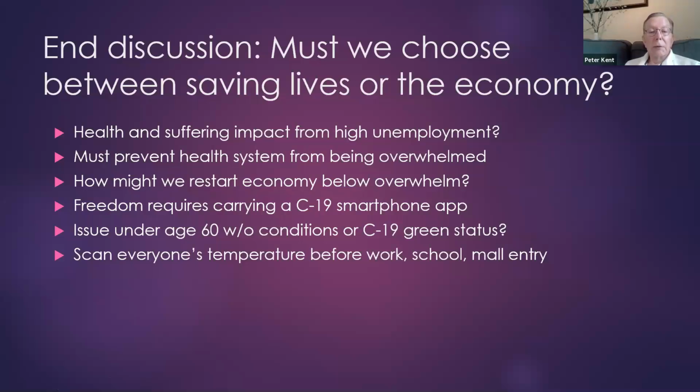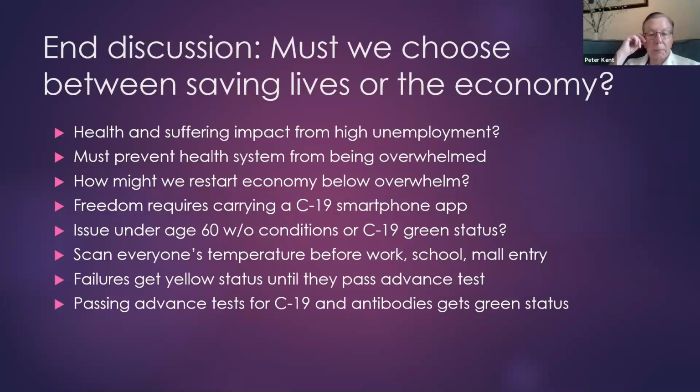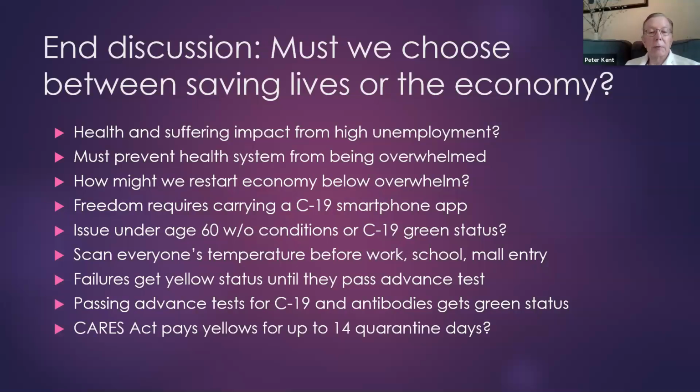And you would scan everybody's temperature before work, school, mall entry, any entry to any building. You'd be doing this group scan and then an individual scan for temperature. Anybody who fails that test would get a yellow status until they pass the more advanced tests. Passing the advanced tests, or having gotten C-19 and the antibodies, gives you back green status. And the law that just got passed that gave a lot of money to unemployment, that's used to pay for people's voluntary quarantine. Anybody who goes into yellow status from green status gets paid up to 14 days of quarantine. And that you would